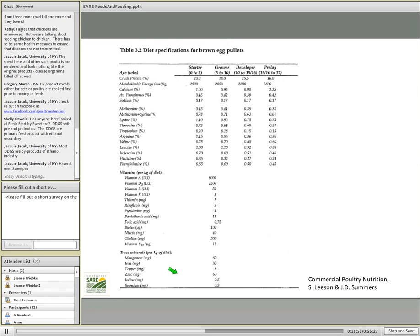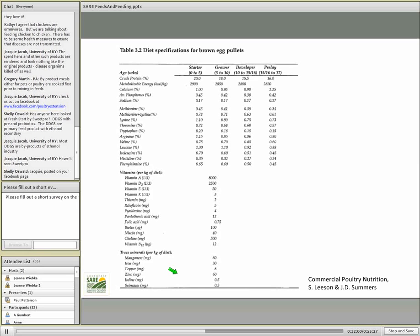Here are some diets for some brown egg pullets. This gives us the specific protein level, energy level, essential amino acids like lysine and methionine here, and calcium and phosphorus. We use one vitamin pack with this concentration of fat-soluble, water-soluble vitamins and trace minerals to get us all the way through this 17-week rearing period. So here's our starter diet from 0 to 5 weeks, a grower diet from 5 to 10 weeks, and these